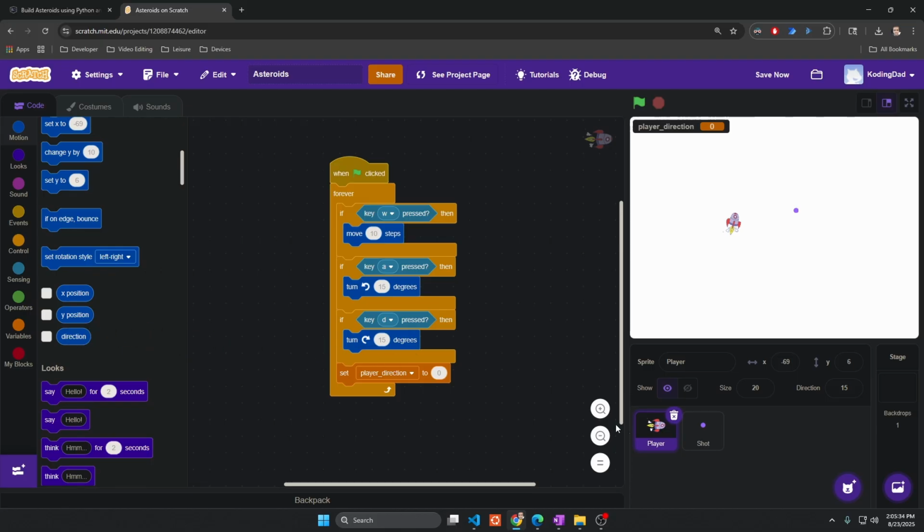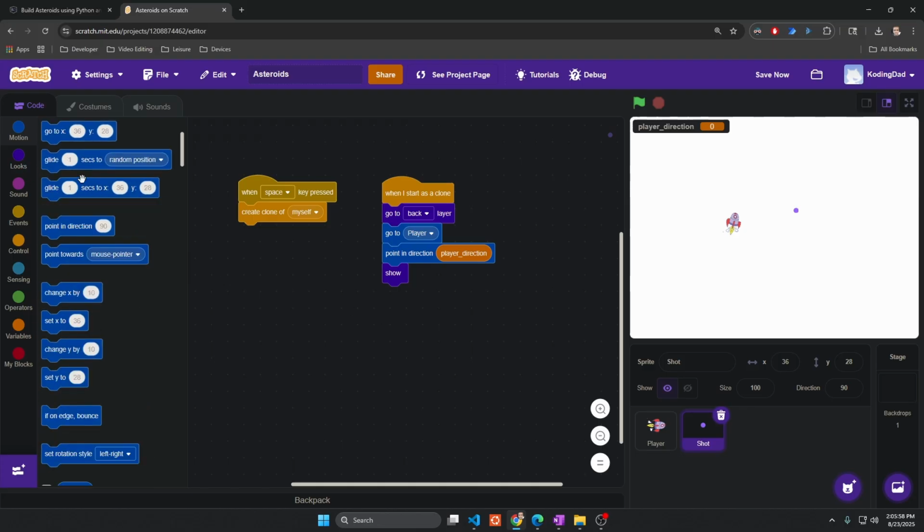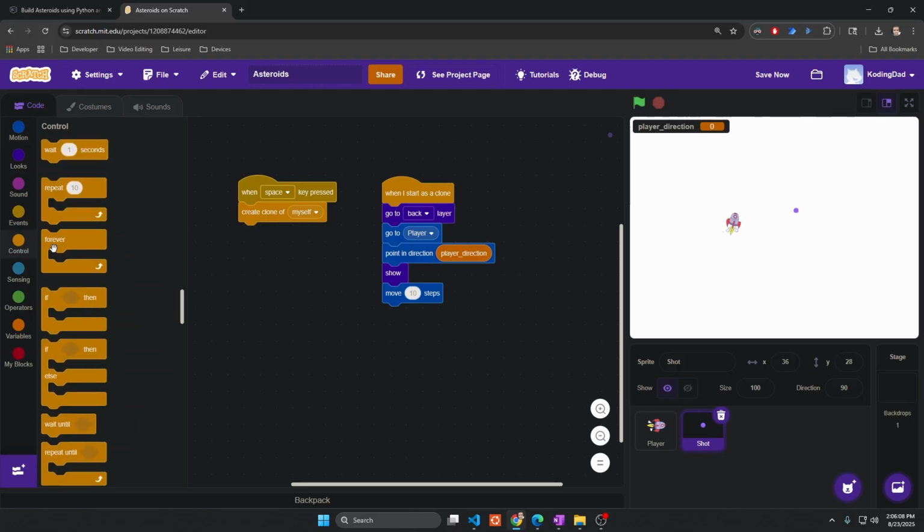Direction. Okay, so since we're in the code for player, this is the direction for the player. So set player direction, which is the variable that we set to be global, to the current direction of the player. And then the shot, when it starts as a clone, will go to the player location, point in the direction the player is facing, and then we need to have it move some number of steps. We'll leave 10, but we need it to keep going. So we'll do a forever,